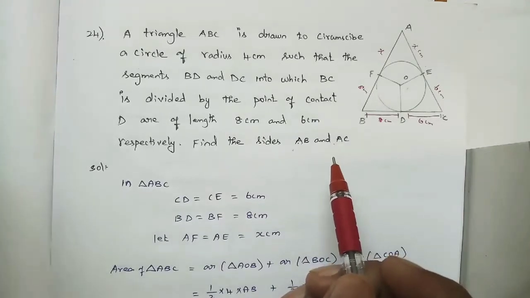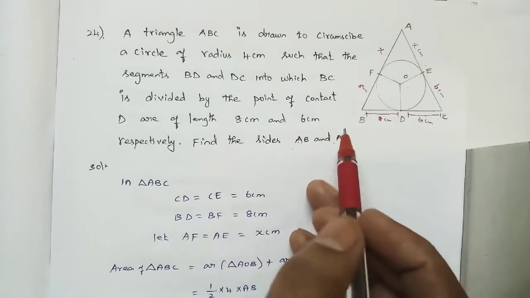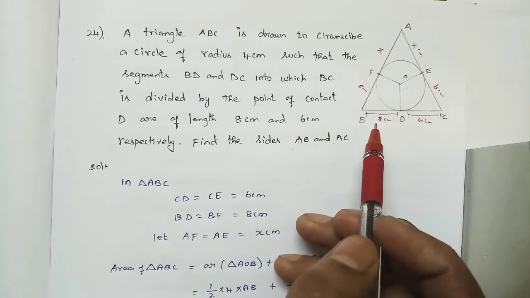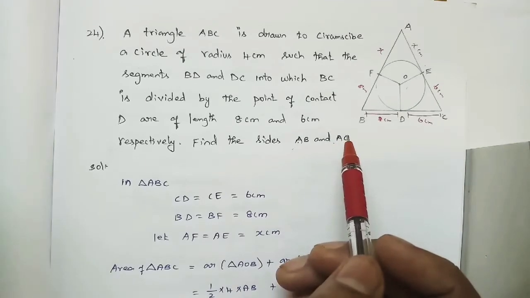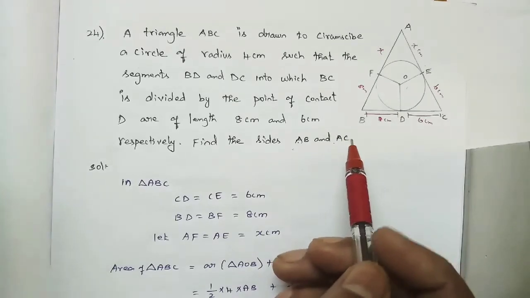So by using that method only, I am going to find it. First I am going to find the area of the triangle by Heron's formula, right? For that, what things do we need? We need S into S minus A, S minus B, S minus C. Here A, B, C is nothing but the lengths of the three sides of the triangle, right?